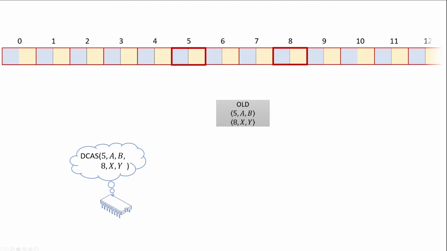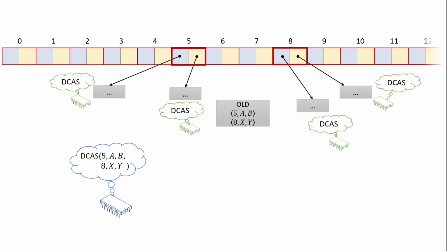Before attempting to attach our descriptor, we will check all descriptors in the relevant BDCAS array positions and help the corresponding DCAS operations finish. If that changes the interpreted value of an affected array entry, then our DCAS operation can fail and we return false. Otherwise, we perform an attempt to attach our descriptor simultaneously to two array entries, one on the left side of one DCAS address and the other on the right side of the other DCAS address. Note that this can be done with a DCAS operation.